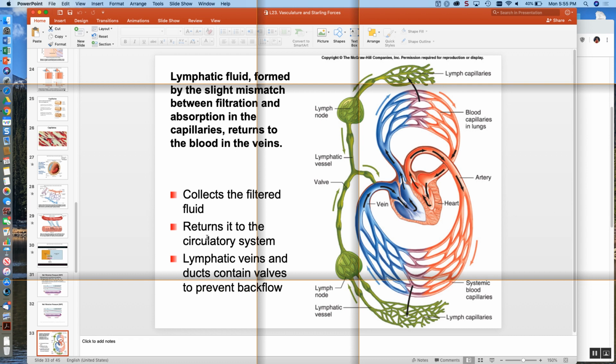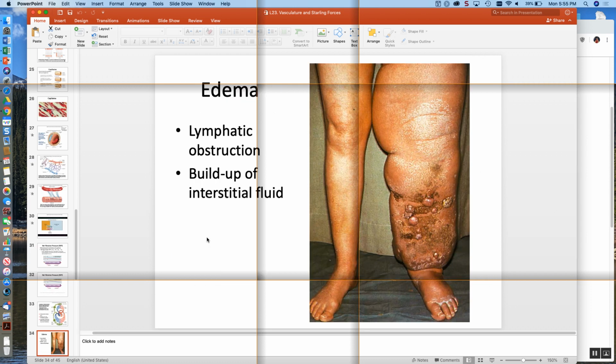So about 1/10 of the fluid that's forced out gets left in the interstitial fluid, and it's the lymph system that's responsible for returning it. You know that because diseases, filarial worms, that block the lymph system actually cause profound edema. This is elephantiasis. Veins act as a reservoir, and then finally,